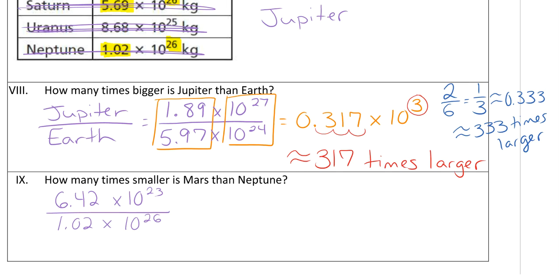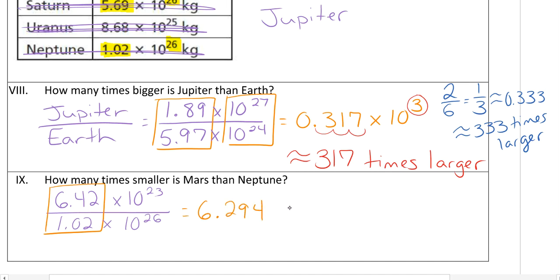Again, if I focus on 6.42 divided by 1.02, that gives you, again, I'm going to round, so that's